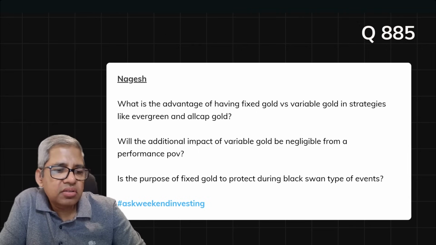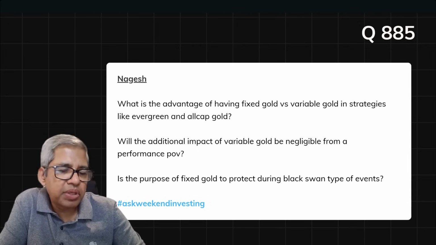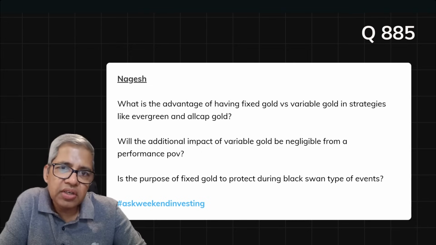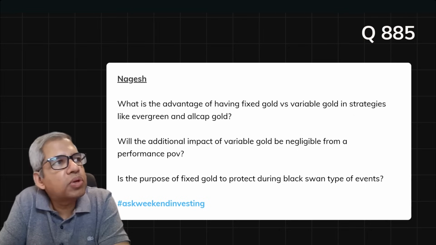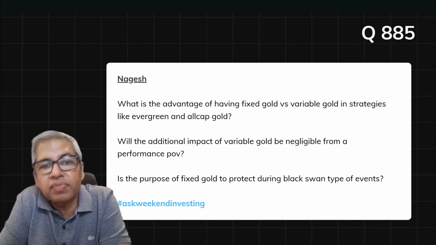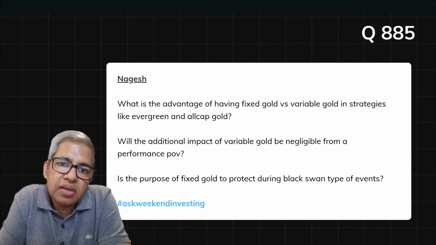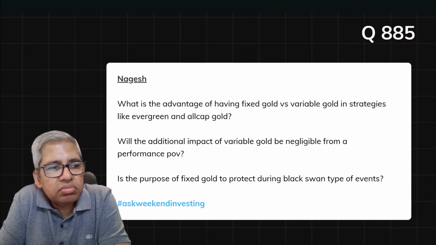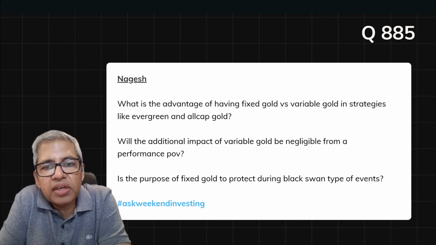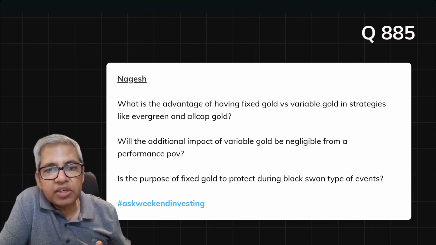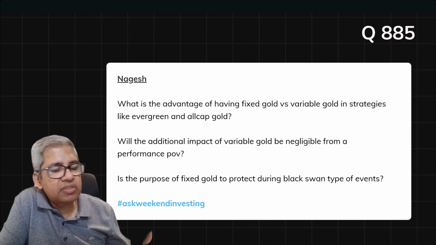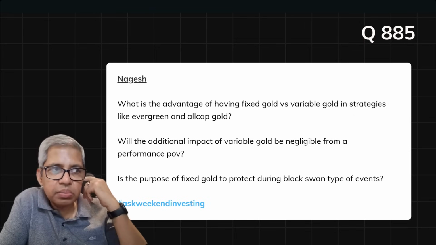And I can give you a sneak peek that you will see something coming out along those lines soon as a product. But that will exclusively be for those people who don't mind going to a higher percentage in gold when it is required. Now, that of course cannot be your regular portfolio, where people are already very scared when you have more than 10% gold. Even in these two strategies that you're mentioning, we have 25% and I think 20%.